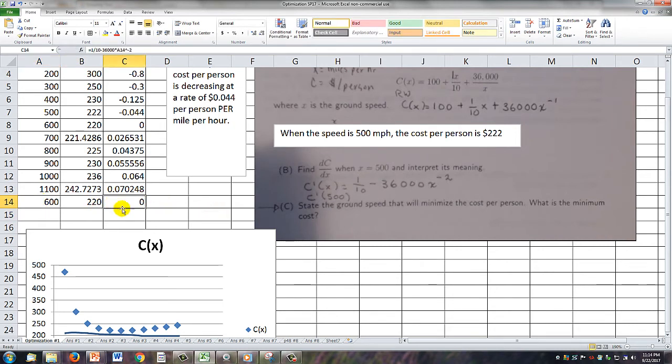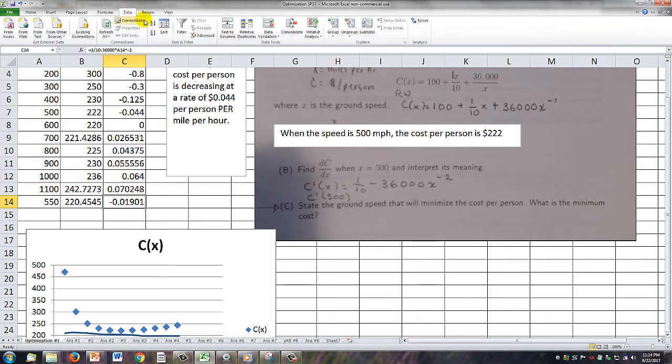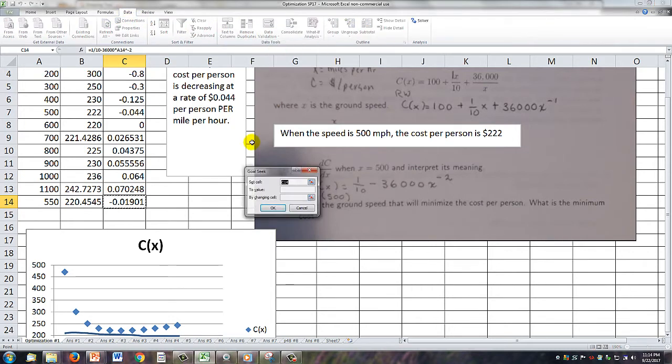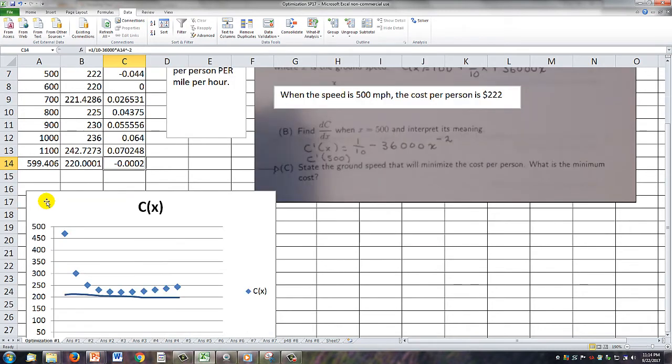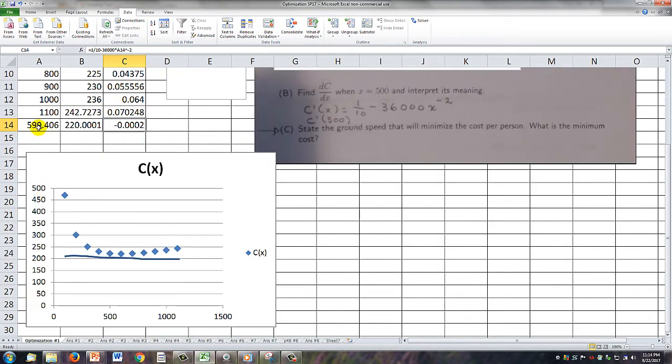And what a good guess. I wish I hadn't guessed it that great, but let me just guess it, 550. And then what you would do, usually you won't hit it right off the bat, is you would goal seek this derivative to 0. So data, what if analysis, goal seek. We want the derivative to be 0 by changing the input, and it didn't give us exactly the right answer. It gave us